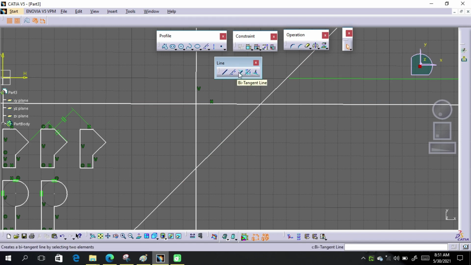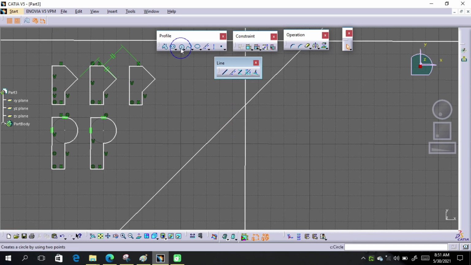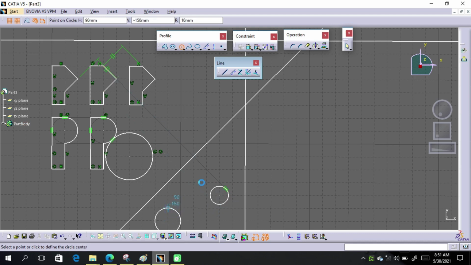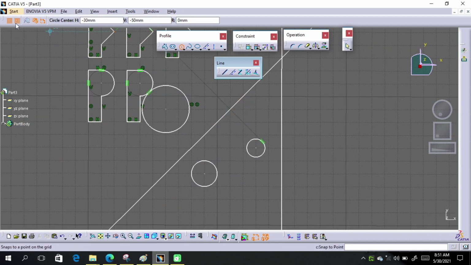Next tool is Bi-tangent line. This bi-tangent line tool creates tangent between two arcs. Let's create arc and circle and deactivate this snap tool and activate the bi-tangent tool.